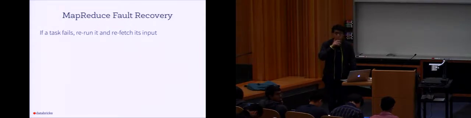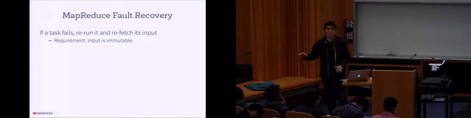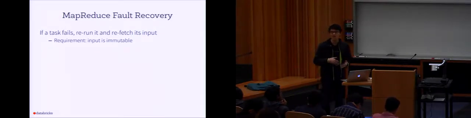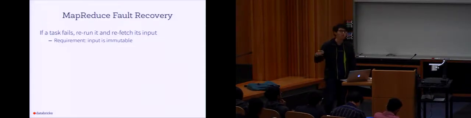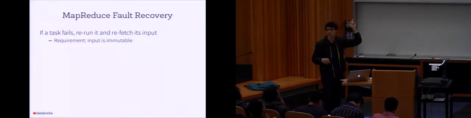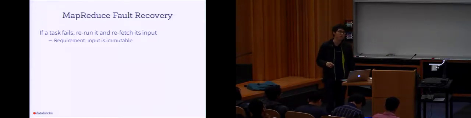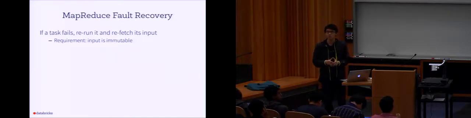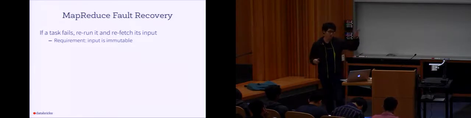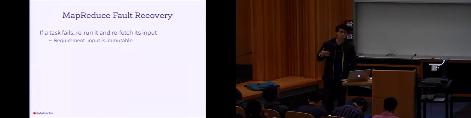Right. Now, there's more than that, because let's say your program is correct, this might still be problematic because maybe your input's not there anymore. For example, if my task is reading block 1 and I just deleted block 1 accidentally, the retry wouldn't be able to read block 1 anymore. Going back to the assumption we make in GFS, remember, GFS assumes most data are immutable and append only, which means if you have block 1 there, it is most likely never going to change. That property enables failure recovery through retries.